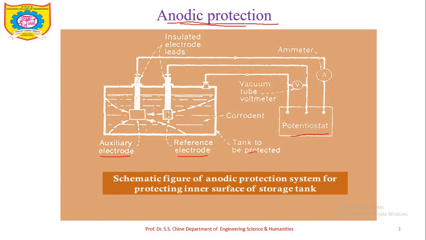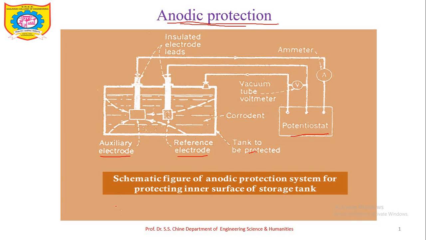The first one, the potential range should be wider so that the metal will exhibit active-passive behavior. Then second point is current density. So current density should be as low as possible to start the protection of metal. And third one, the lower the passive current, the lesser will be the operating cost, and anodic protection system has a large throwing power and hence quite complex structure can also be protected by using this anodic protection.